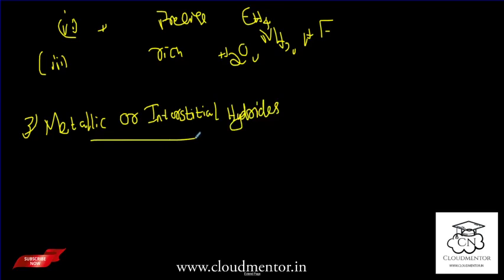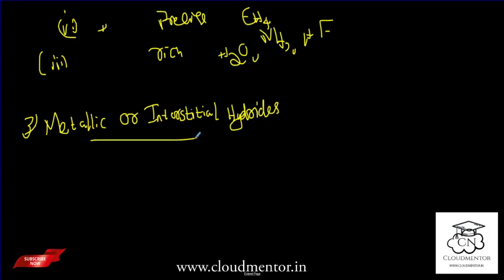These are formed by the reaction of d and f block metals with hydrogen, and these are non-stoichiometric hydrides and show electric conduction. These hydrides are generally formed by the first, transition metals of groups 3, 4, 5 of the d block,